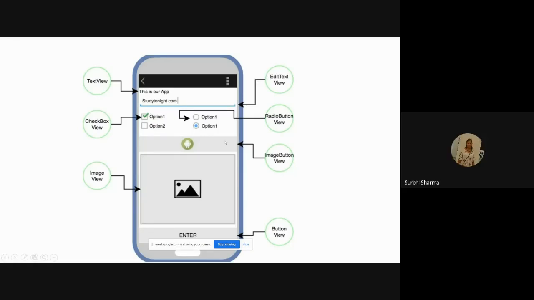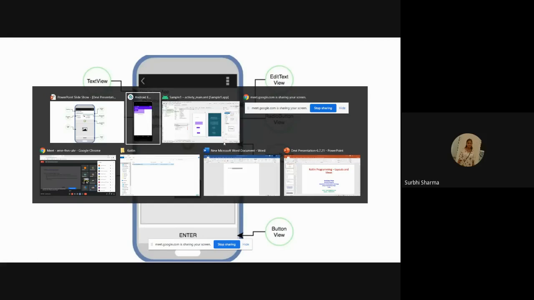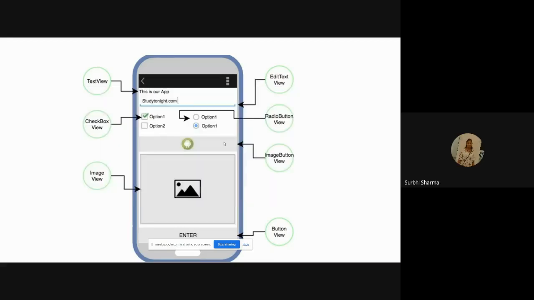Excuse me, ma'am. Yes, ma'am. Ma'am, which layout we should use for such kind of arrangement of all these views and resources? Sorry, ma'am. Can you please repeat, ma'am? Ma'am, the image which you have been showing here, which layout we should use out of the layouts you told before? Which one we should use for such an arrangement of all the controls, views?